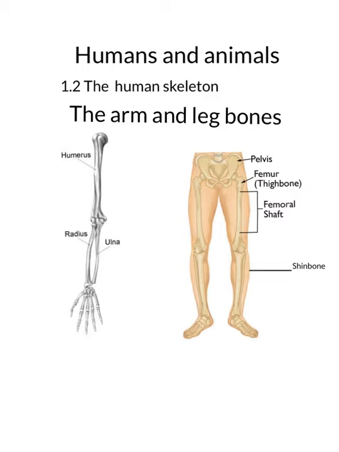Now moving on to the bones of the arm and the leg. The bones that you can see in the arm and legs are quite long bones. The bones of the arm are called the humerus, which you can see in the upper arm region, and radius and ulna. These are 2 bones that you can find in the lower arm region. These support your hands and are joined to the shoulder and the ribs.